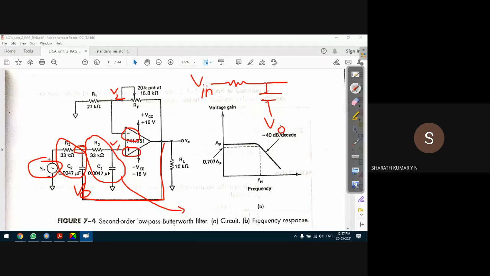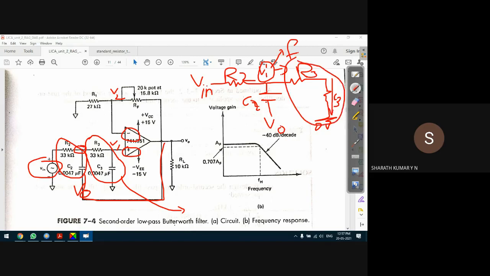This point goes to another circuit, R3 and let us say C3. The end of C3 is ground, 0 volts. So for this R2 C2, two voltages are supplied, whereas for R3 C3, let us call it V1 dash, for example, one end is V1 dash and the other end is 0 volts. This is an AC signal. If the signal frequency increases, C3 acts as a short, so it acts as a low pass filter. Very simple, the same as the earlier circuit we discussed.